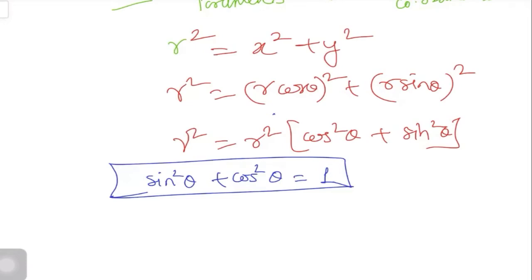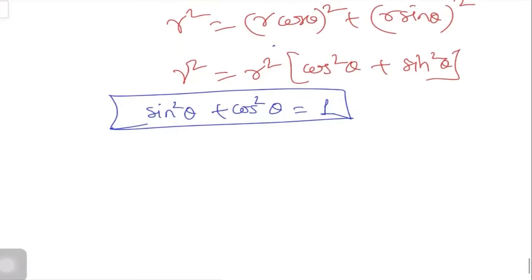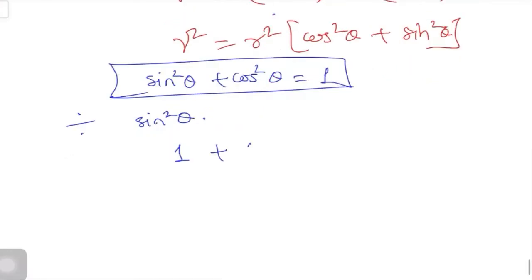You can generate all these formulas. I am just explaining how to generate all trigonometric formulas now. So this is my first formula, sine square theta plus cos square theta is equal to 1, which comes from Pythagoras theorem. Now I can divide this formula by sine square, so it will give me 1 plus cot square theta is equal to 1 upon sine square, which is nothing but cosec square theta, right? So this is what you get.